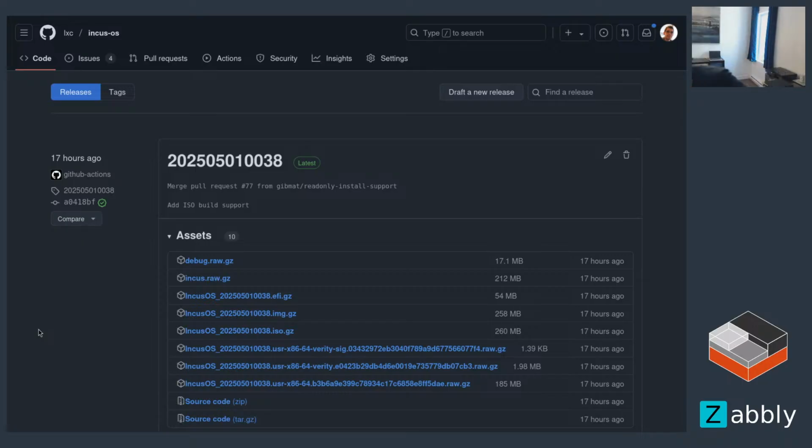So let's plug this thing in. All right, so I've got the USB stick plugged in, and now let's look at what we need to do. So in this case, I'm gonna need the image for the USB stick. So that's the image.gz. And actually talking about the seed, there's a piece of work that's open, and I think